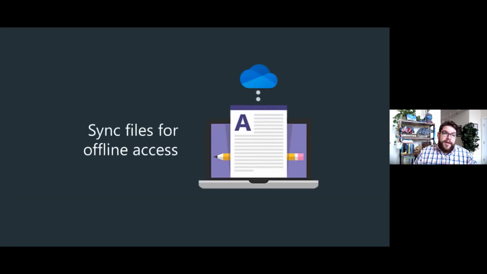But one really cool thing here is the fact that you can sync your files from Teams to your devices. That could be your mobile device, your desktop computer, laptop, iPad, Surface, whatever you want, using the OneDrive for Business sync tool. For a lot of Windows devices, OneDrive is already built in. For Mac, for iOS, for an Android device, just install the OneDrive app, and you can choose which files you want to have sync. They can still show all of them, and you can see them in Windows Explorer, Mac OS Finder, or in the app on iOS or Android, and choose to have certain ones always be on the device,